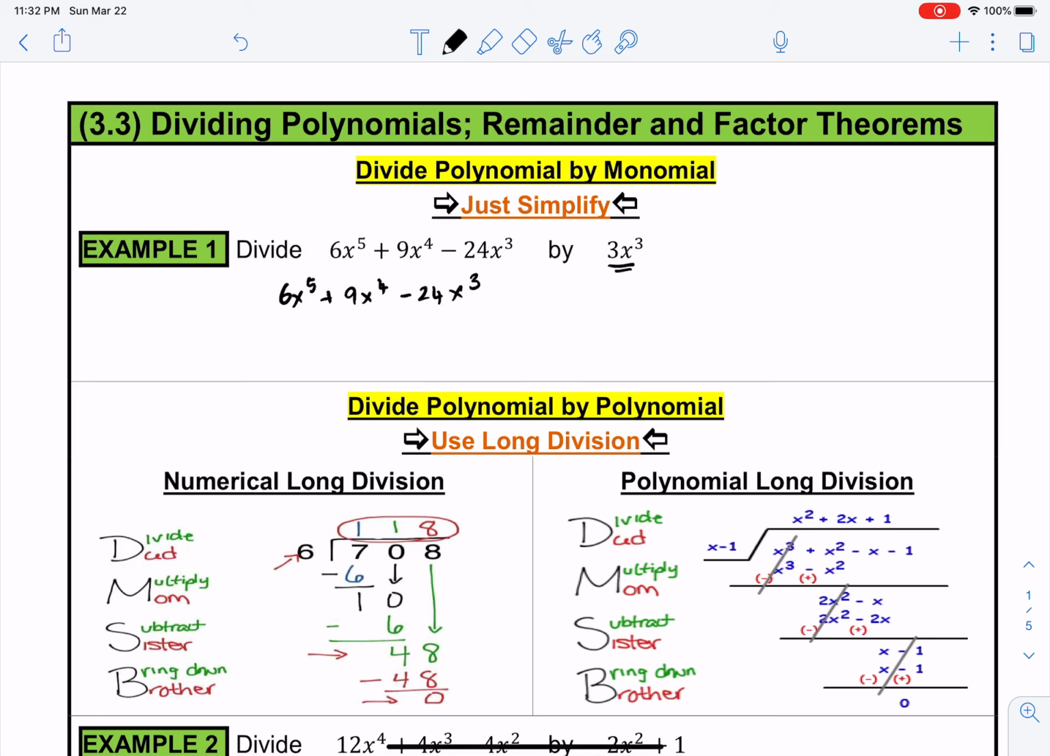If you look at this polynomial, I could pull out an x cubed, which would give me 3x squared plus 9x minus 24. And I have a 3 in common, so I could pull that 3 out. I'd have x squared plus 3x minus 24. Clearly, I have 3x cubed as a factor of the given polynomial, and I want to divide it by